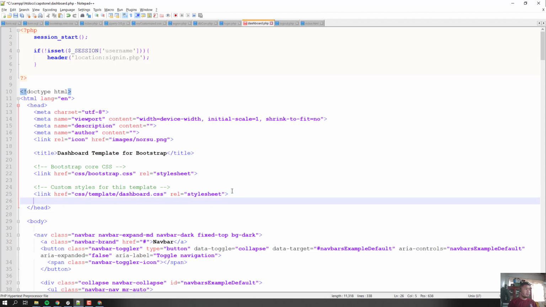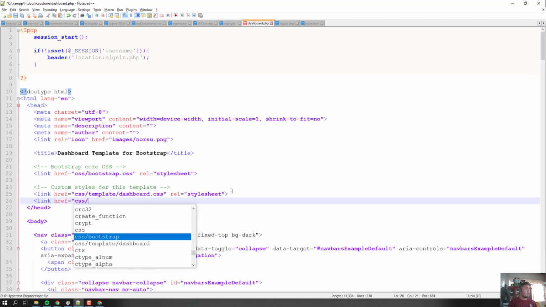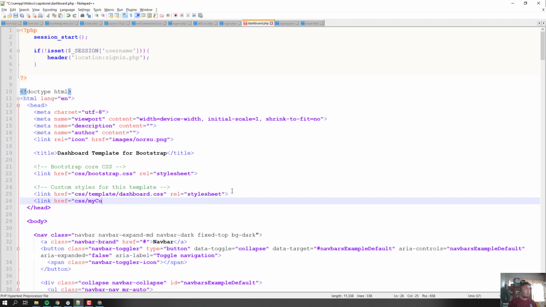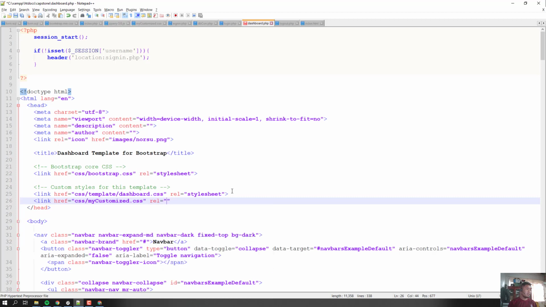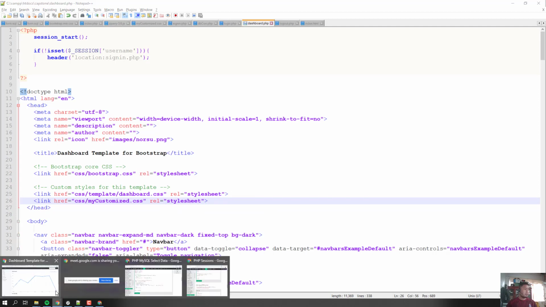So link href css, my customize .css, style sheet. So for us to really